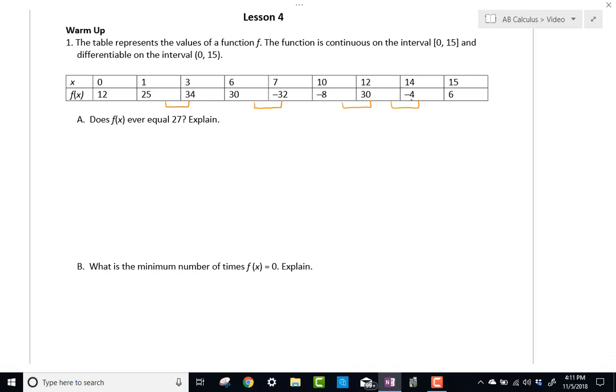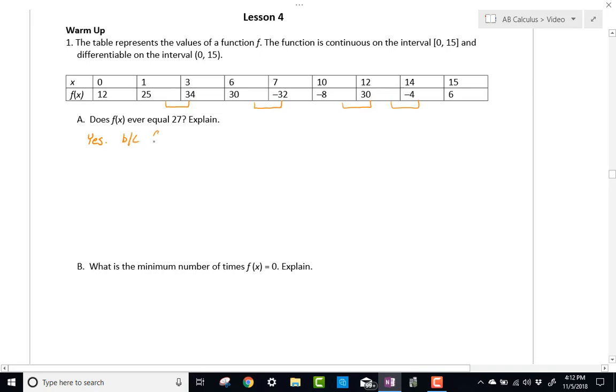So it doesn't ask us for all of them, it just says does it ever equal 27. So we could mention all of them, or we could just mention one of them. Alright, so I'm going to just do the first one that I found right here, and so my answer is going to be yes. Now the reason we know it has to equal 27 is because we're continuous on the interval. Saying we're differentiable implies that we're continuous, okay? Because in order to be differentiable, you have to be continuous. So differentiability implies continuity, so we would say yes,